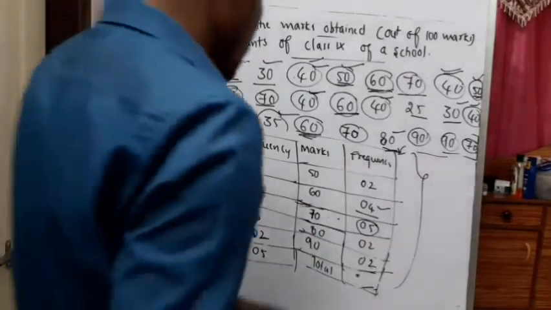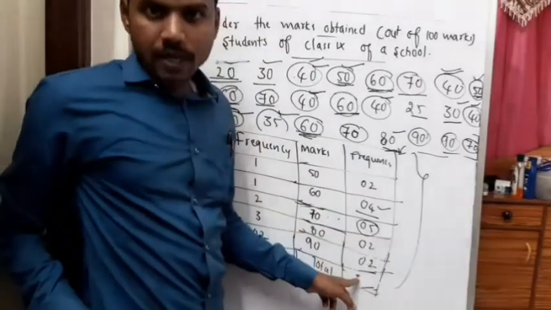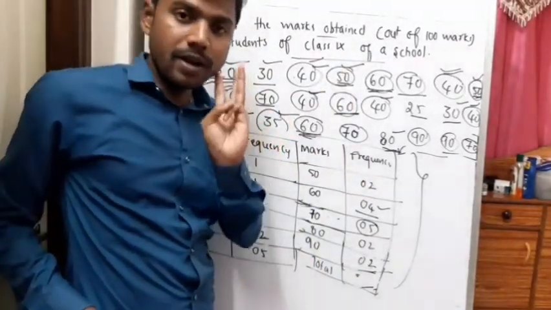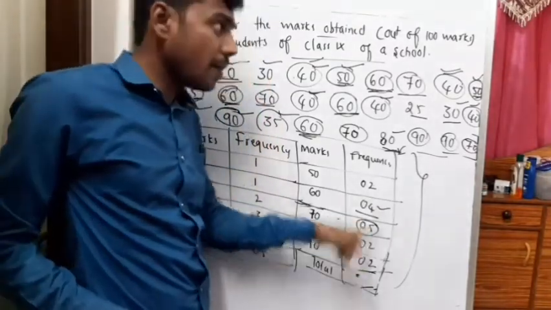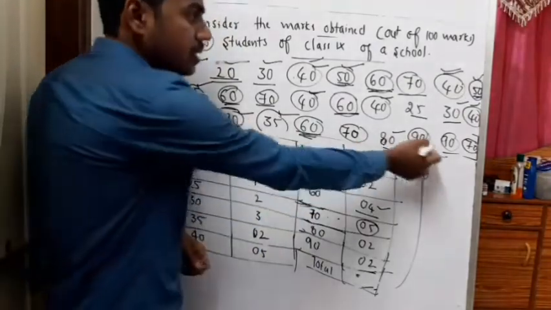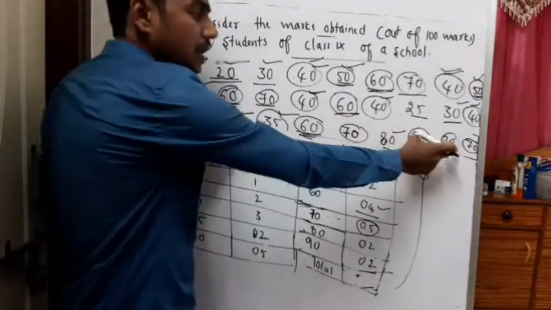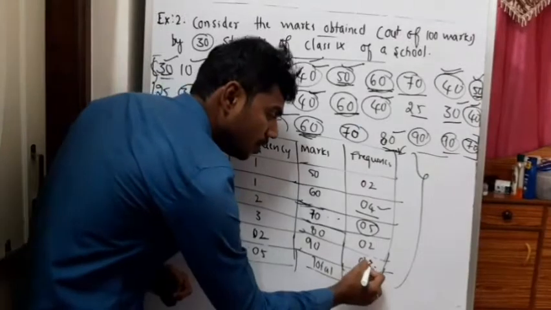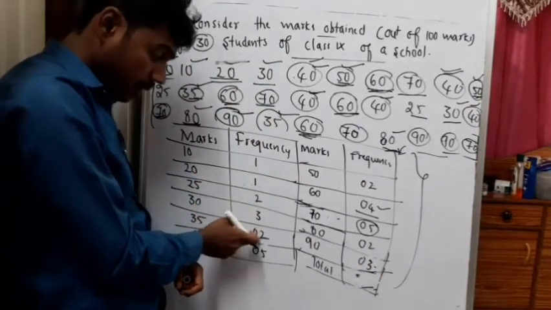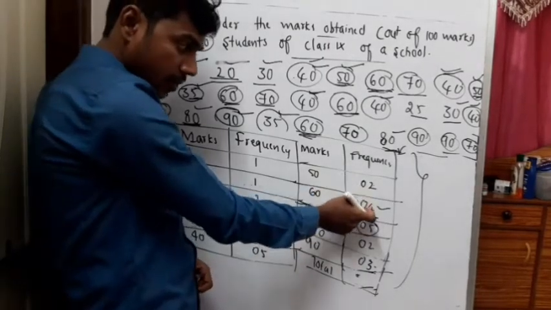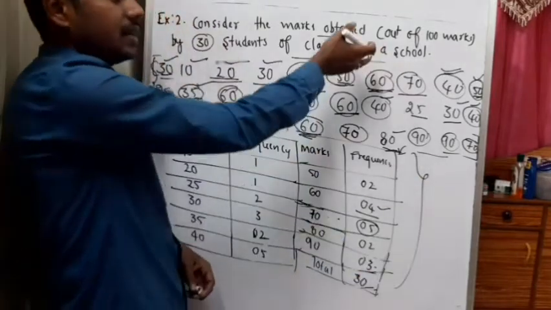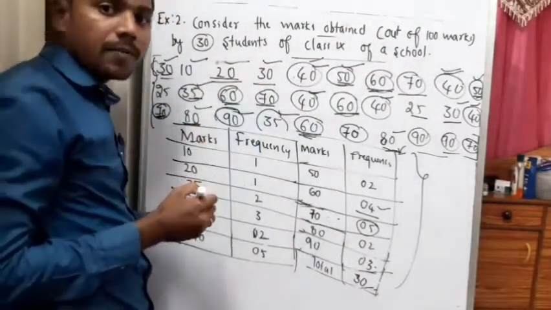Earlier, the count was coming out to be 29. But the total strength is 30. So we have recorded 30 observations. The frequency should match the number of observations. See, 90 we have counted twice. So we need to count it thrice because 3 90s are there. Then the frequency will change to 3. So when I add 2, 4, 7, 9, 14, 16, 20, 25, 30, the frequency matches with the total strength or total number of observations.